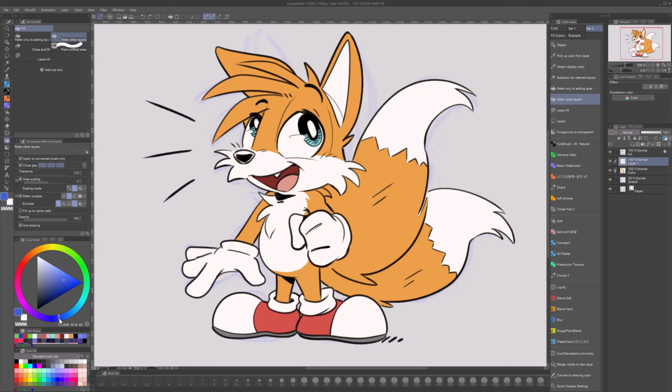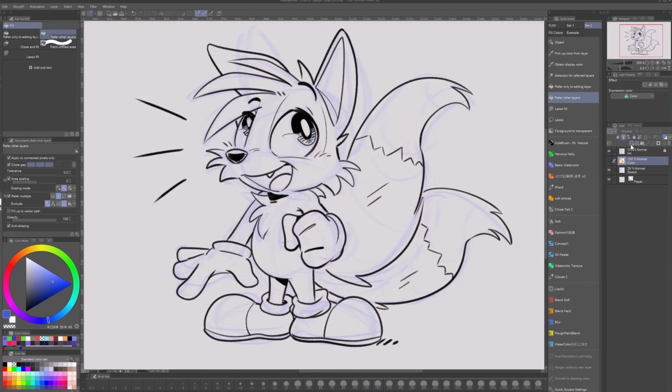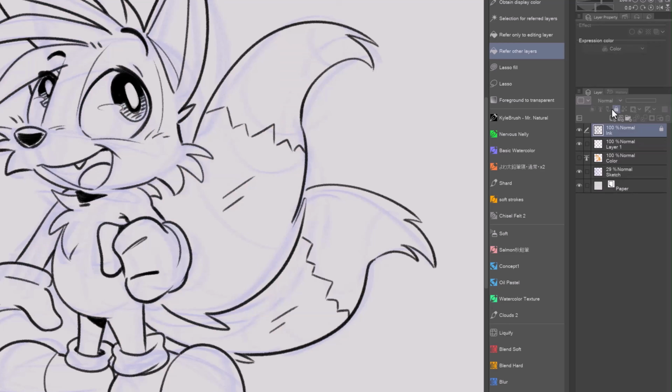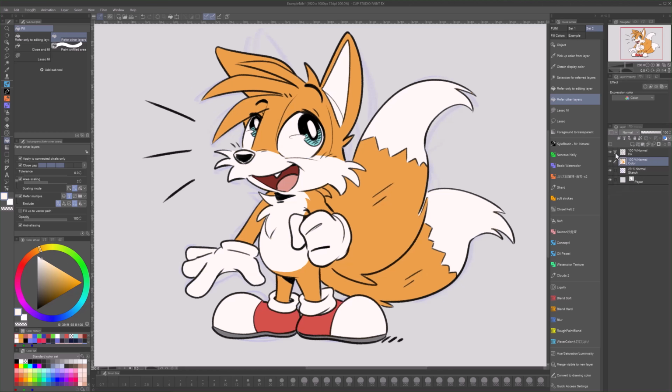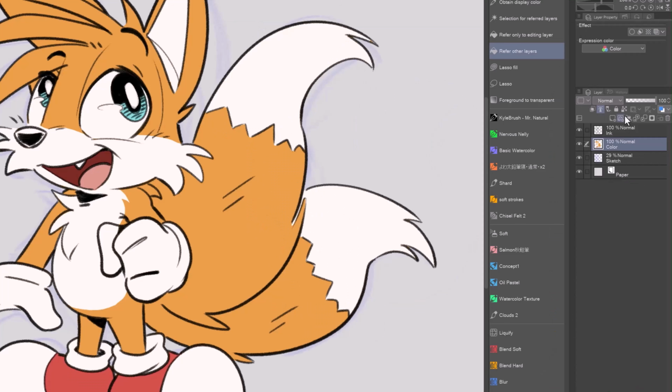If for some reason I wanted to repaint Tails and make him blue, it's as easy as doing that. And because it's on a different layer, it's separated from my flats, so I can keep using my flats as reference. Another way this could be useful is if we set our ink layer to be a reference layer, and then on the layer below it, we can quickly fill in our art using our ink layer as a reference. So reference layers can be quite useful. You can use them in a lot of different ways, but the way I typically like to use it is to set my color as a reference layer, and then on the layer above it,